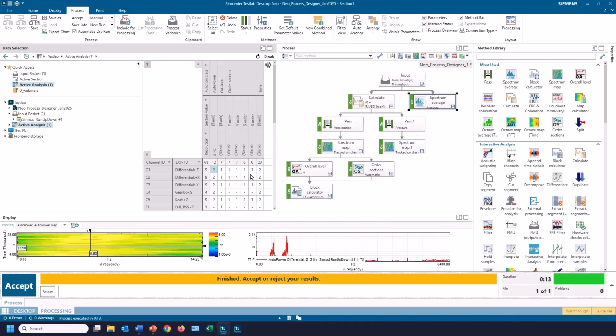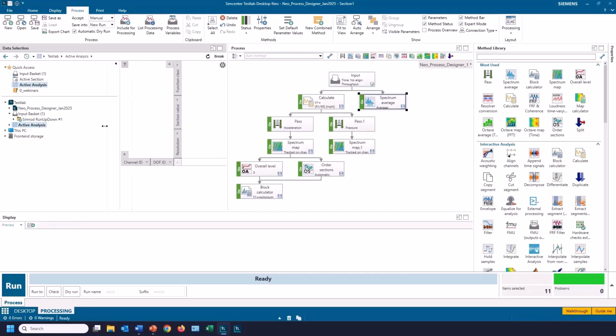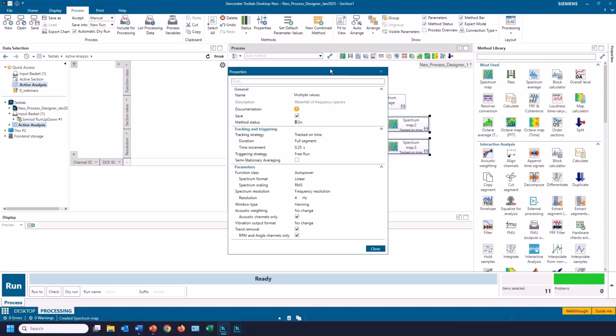I reject that. There's another way to do it too that doesn't use variables. I wanted to mention it in case people didn't know. But if I put a spectrum map, maybe add another spectrum map, I can highlight both of these now. And then I can go to the properties and I can change settings on both of them at the same time.